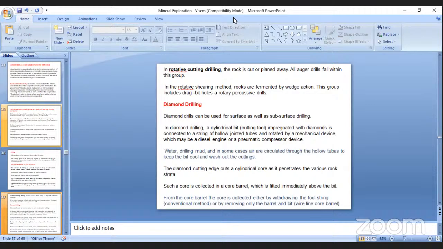And the diamond cutting edge cuts a cylindrical core, and it penetrates into various rock strata. Because the hardness of a diamond is very high. We know that according to the Mohs scale also, we can see the hardness of